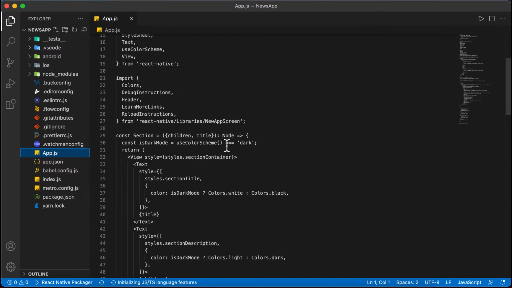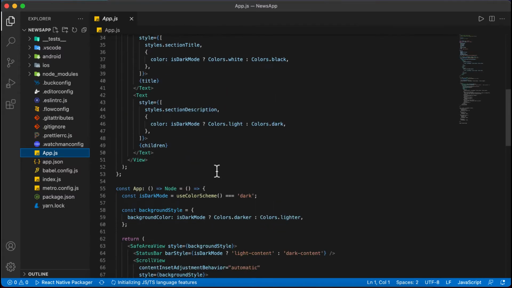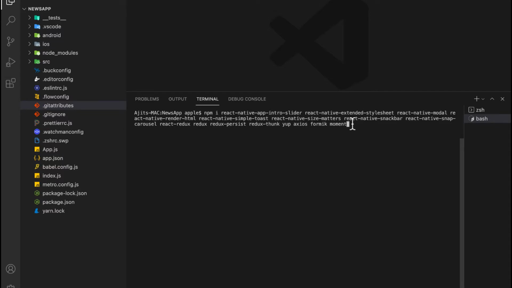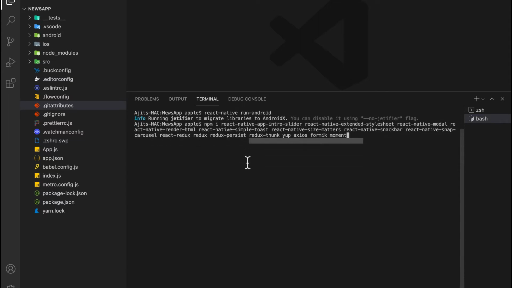Some pre-installed things are coming. One more thing: if you don't want to install all these things, you can directly clone the project from my GitHub. Then after cloning the project you only have to install the node modules, the packages, with npm install.